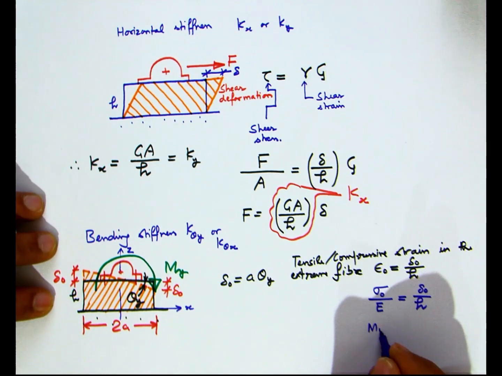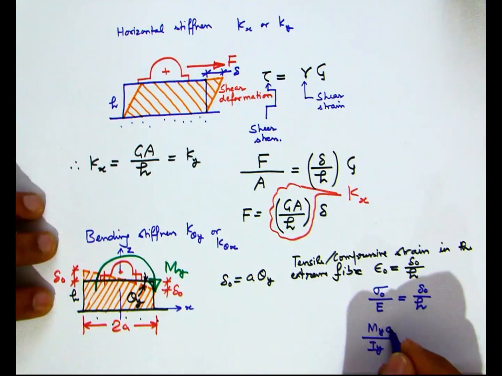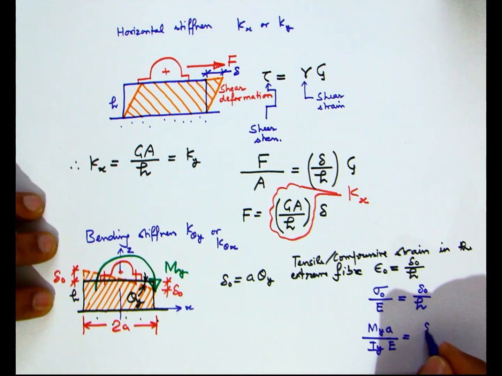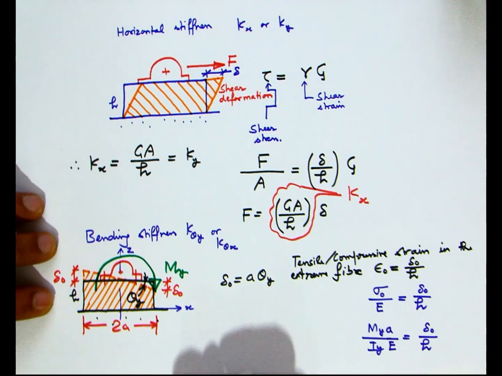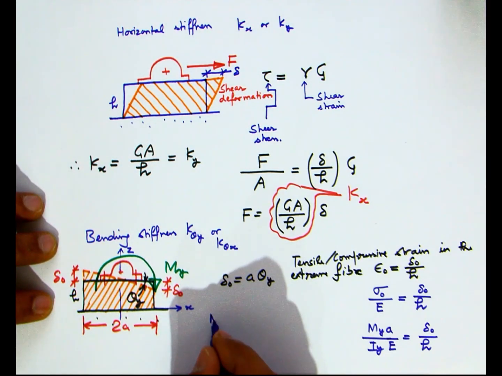Once we have stress, it can be written in terms of the bending moment My and the corresponding moment of inertia Iy, as per Euler's bending theory. And once we have this relationship, we can just do algebraic manipulation and obtain a closed form expression